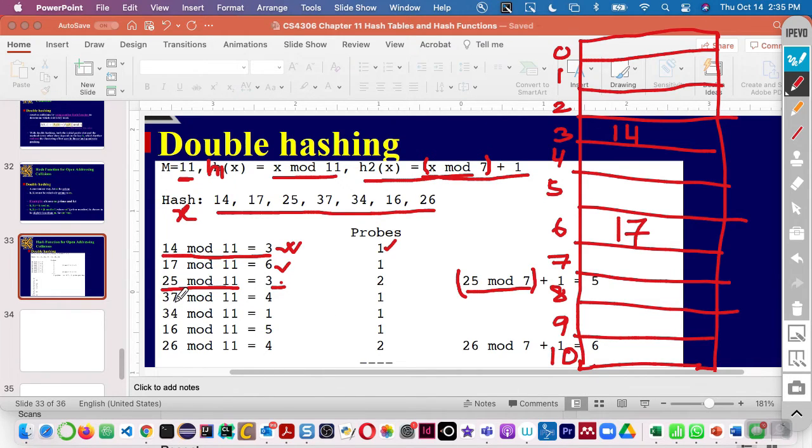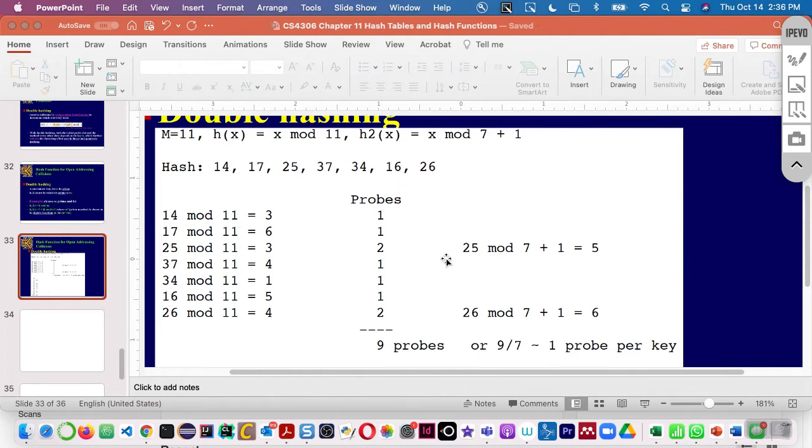So 37, this is 4. 3 times 11 equal to 33, 33 plus 4 equal to 37, and this is 1, and this is 5, and this is 4, which already collides. So we need probe 2 in the second. Already taken now? Yeah. 16 modulus 5. It's taken by the second hash. 25 modulus plus 1 is